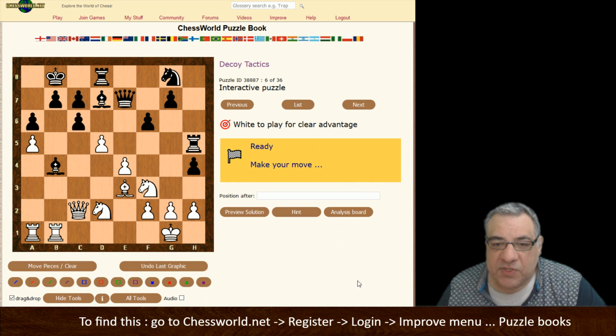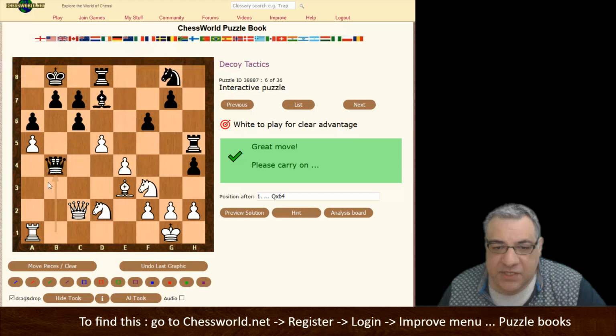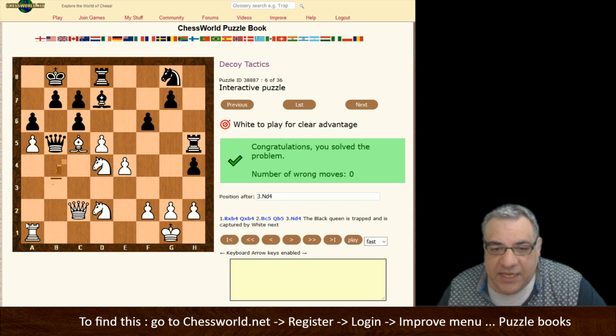Here, can you spot a powerful decoy tactic? 5 seconds. Okay. Rook takes b4, putting the queen on b4 exactly where we want her. Bishop c5, and now the queen's almost threatening e2 to escape or something, but knight d4 keeps the eye on